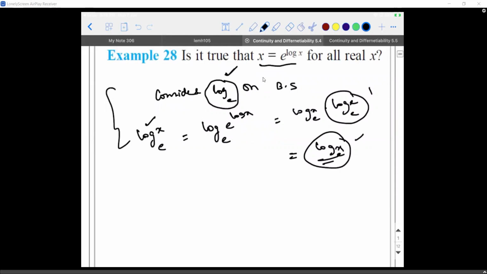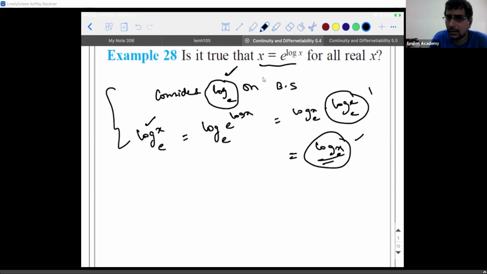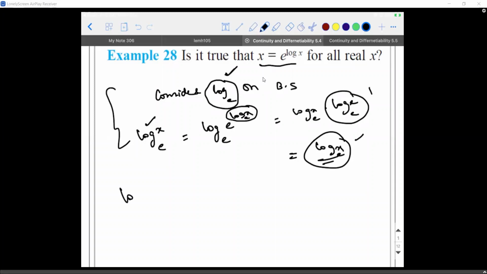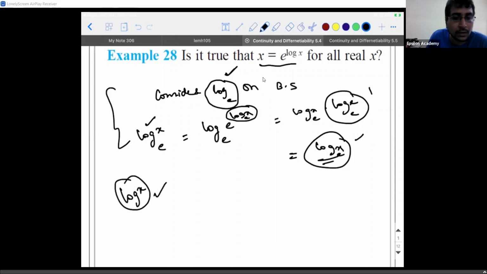Sir, we put log x base e as a coefficient, right? So from the power we removed it. Here, shouldn't it be only log x? How did we get base e, sir? Because in mathematics, I already told you, log x by default means base e only. In mathematics, unless mentioned otherwise, the base is e, sir.